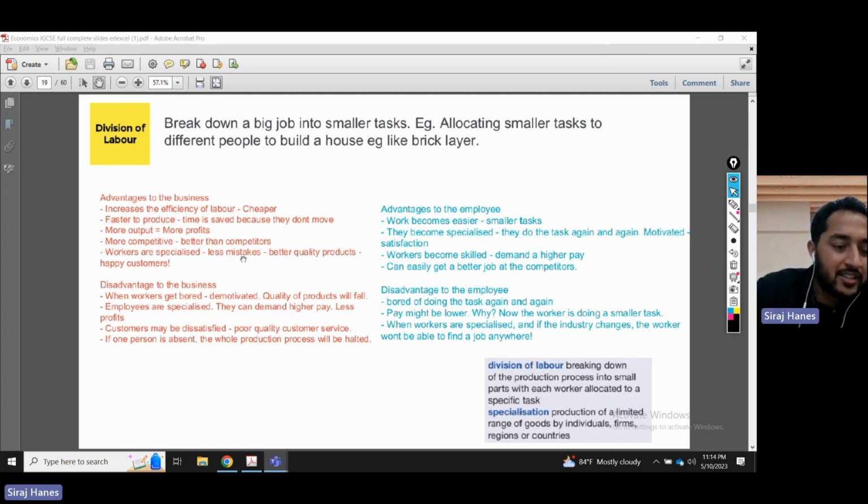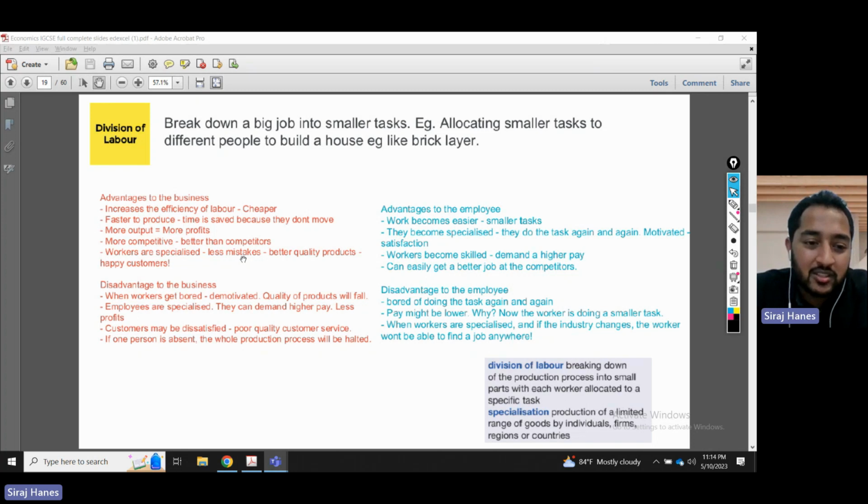If you break down the task, guys, you're efficient. You keep doing it repeatedly, on and on. I'm a specialized economics teacher. I've been teaching students for nearly 10 years now. I've been teaching division of labor for a long, long time. I don't even need my slides on the board. I can just teach you. I can tell you everything off my mind.